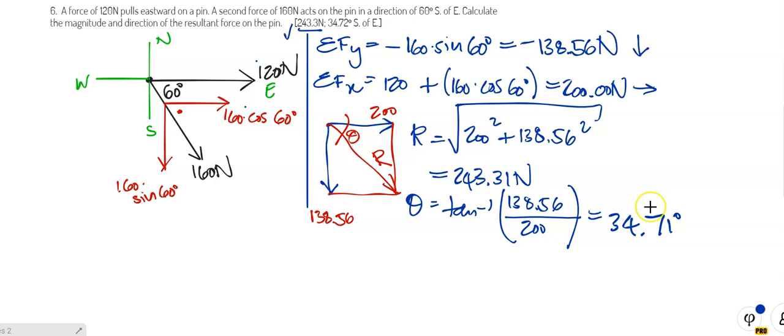34.71 degrees. Is that the direction of the resultant? No, it is not the direction of the resultant. It is just the angle between the 200 Newton component and the resultant. So therefore, direction, I'm going to write it the way I normally do it. So if that's that angle there,